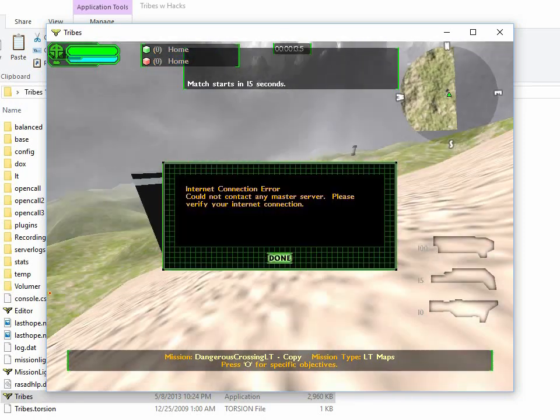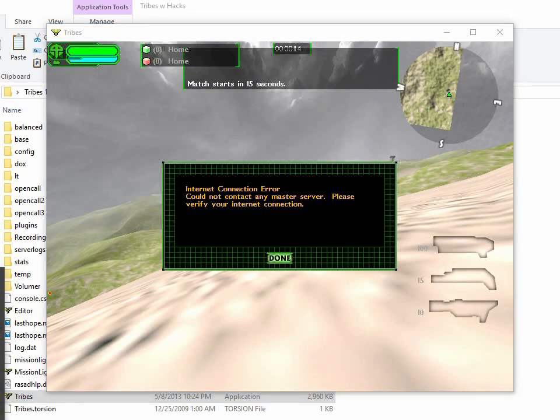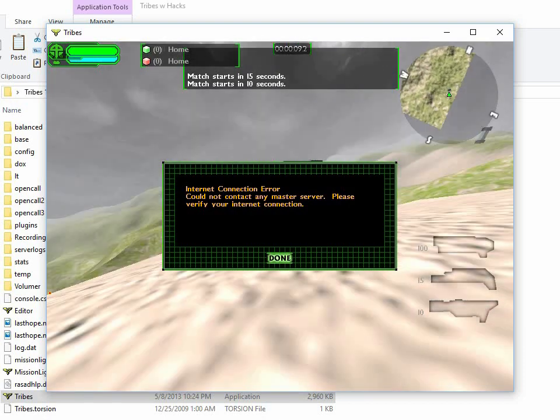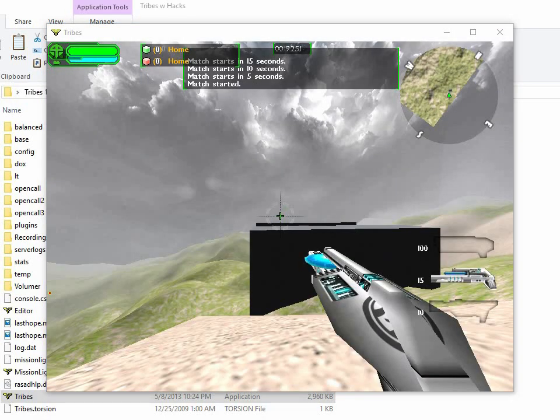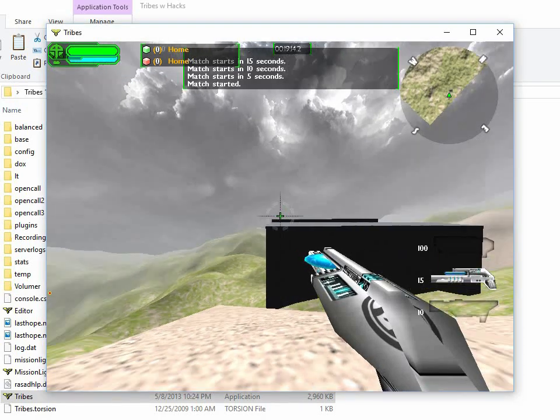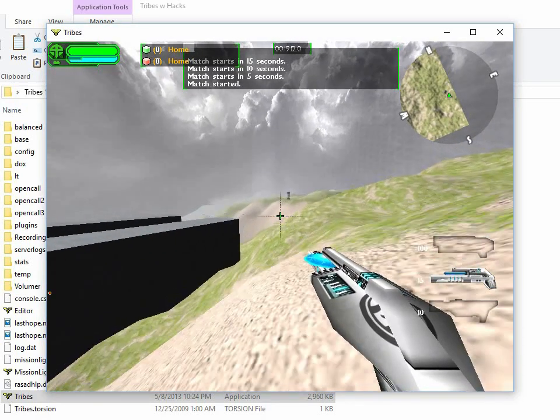So here we are. Here's our map. And everything looks... Oh, come on. Everything looks good. Okay, sorry, I hit escape again, and I'm trying to get out of Tribes, and that stops my recording. So yeah, anyway, if you like the way that it looks in Tribes 1.4, and all your friends say that this map is awesome,